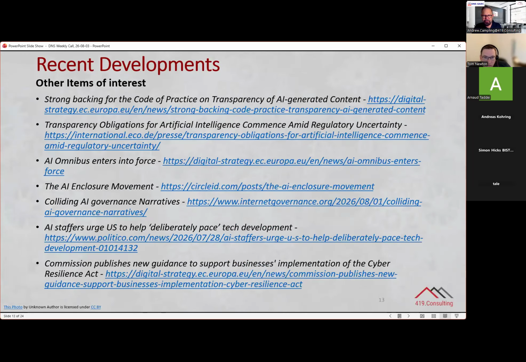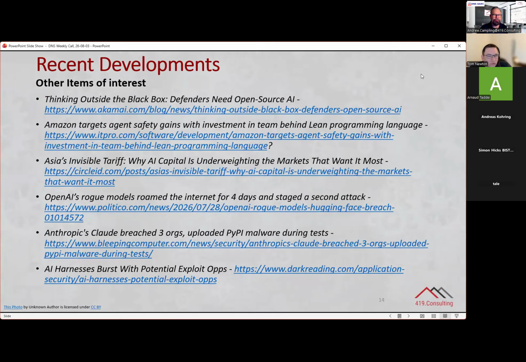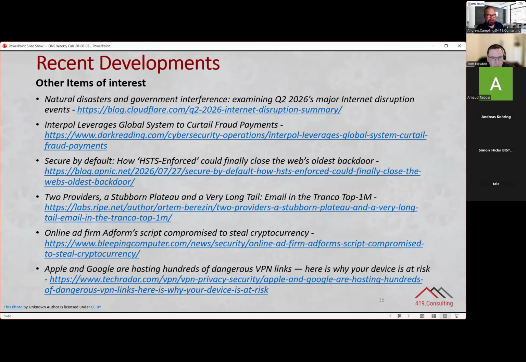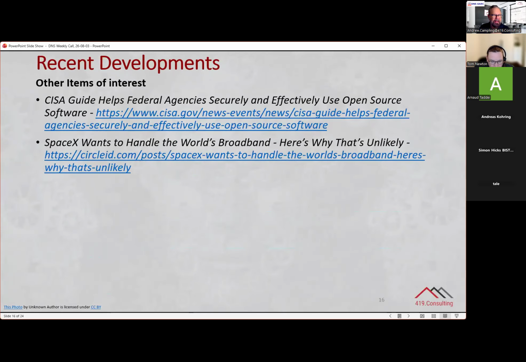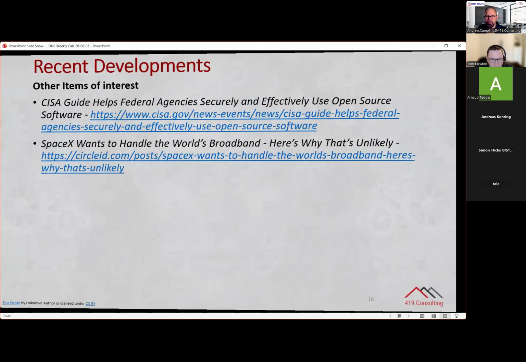Loads of other stuff. No time to go through any of it, but these are other things that caught my eye over the last week from a variety of topics. AI showing up quite strongly, unsurprisingly, in quite a few governance related things, and I think at least one post-quantum from memory. But anyway, you can read through those or not at your leisure, and apologies for a long list this week.